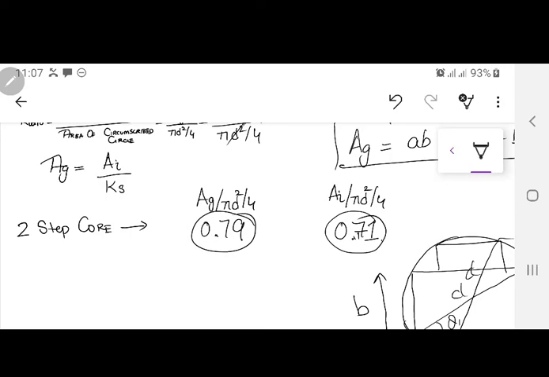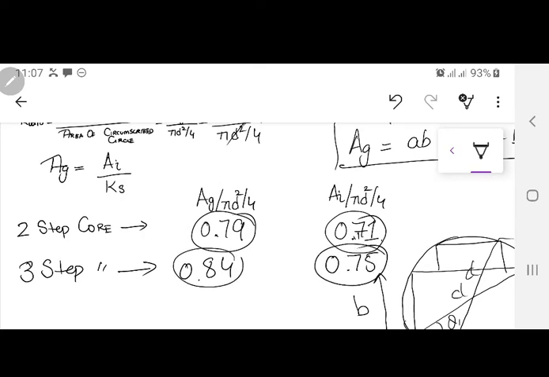So something like 8% is being consumed inside that insulated silicon resin, which is in between the lamination, or maybe an air gap also. And the same factor, when you are going to do it for a three-step core, this is written in the book, so this comes out to be 0.84, and in this one this is equal to 0.75. Now you can see when you are increasing it, the factor is also increasing. And if you take a four-step core, this comes out to be equal to 0.87 for the gross area and 0.78 for the net iron area.